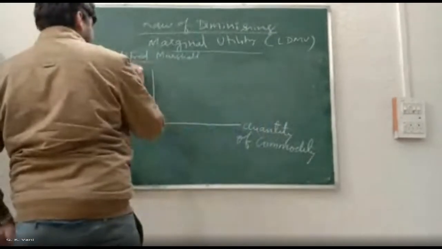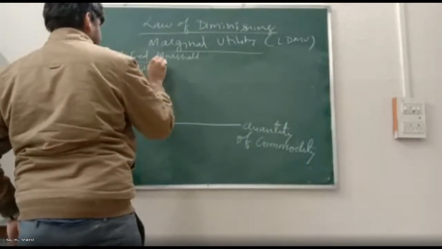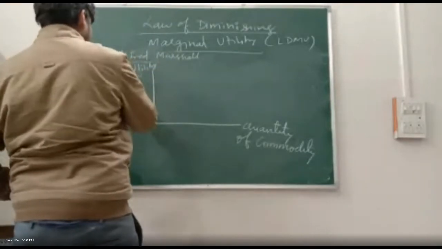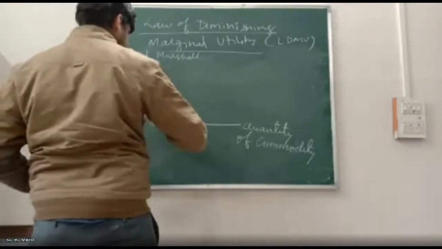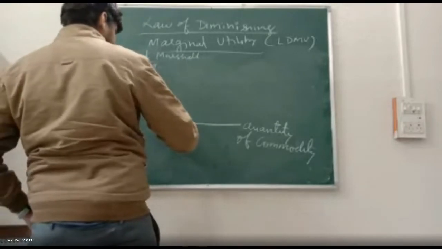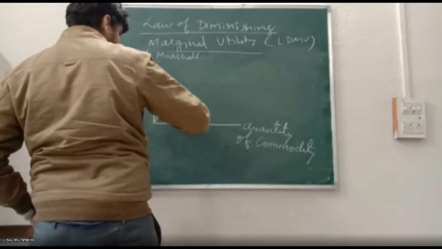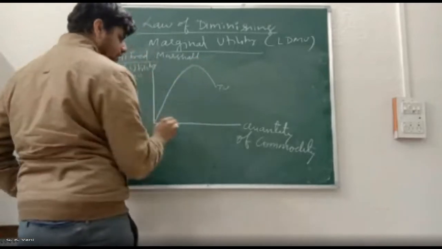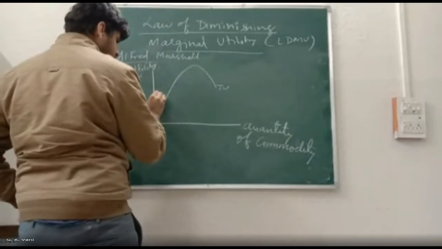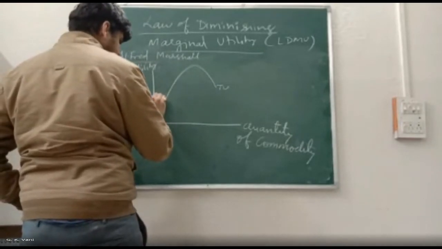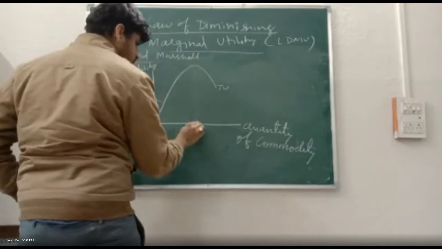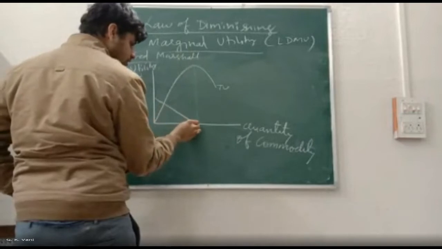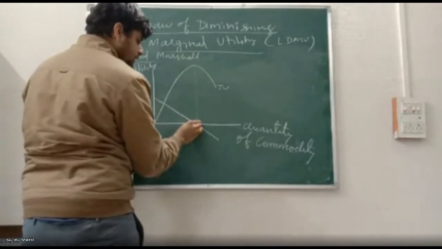Quantity of commodity, and here utility and marginal utility. And we also have total utility and marginal utility. So this graph starts like this. So this is your total utility, TU, and here is some marginal utility, right? Corresponding to this maximum level of total utility, marginal utility would become 0 at this point, and this is called